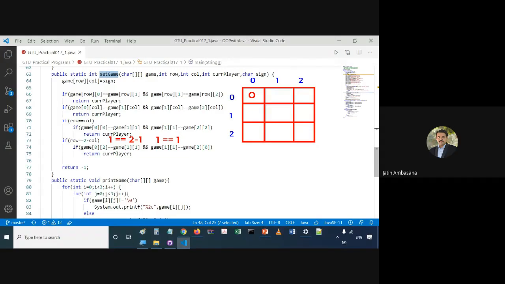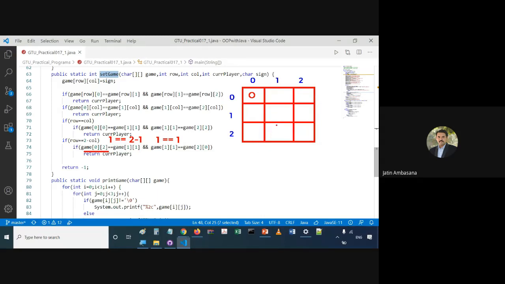So if that is the case, then it checks game of 0 comma 2 is equal to game of 1 comma 1, right? So it checks for this particular part. 0 comma 2 is this location, 1 comma 1 is this location. So it checks whether these two are same, and then it checks whether 1 comma 1 is same as 2 comma 0 or not, right?